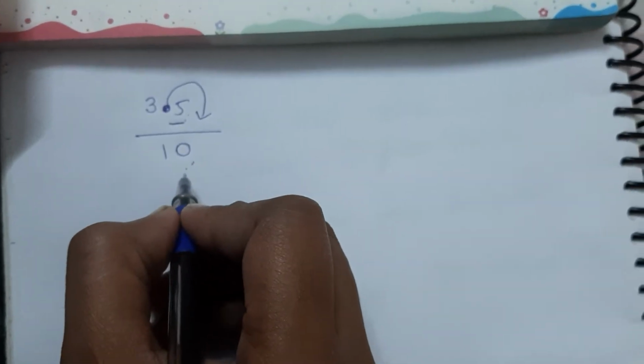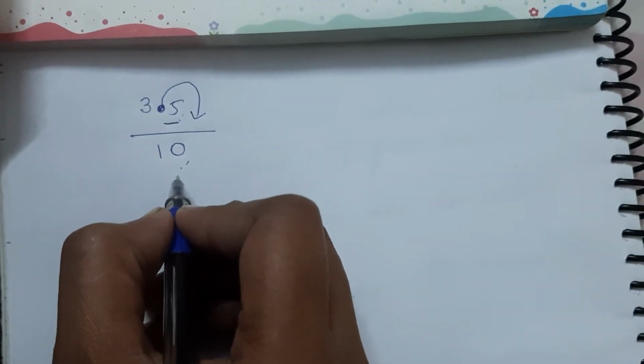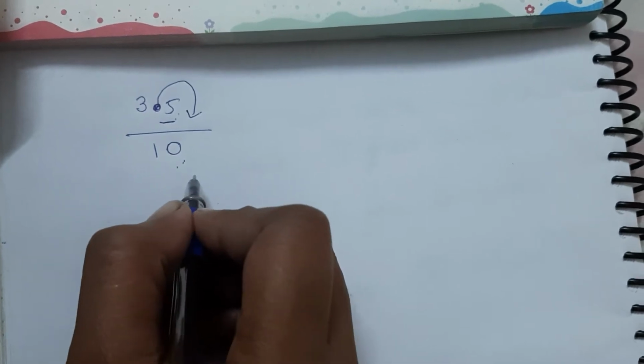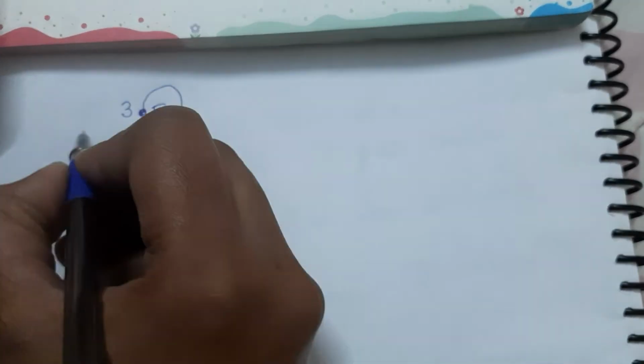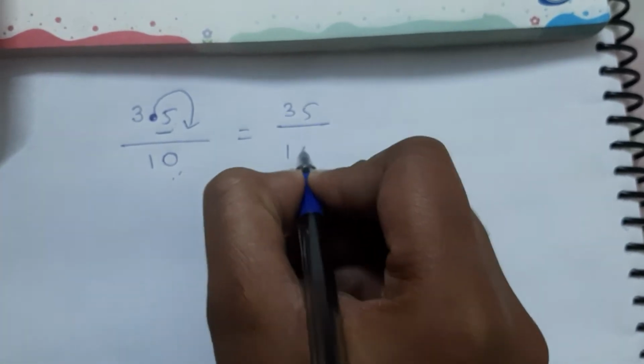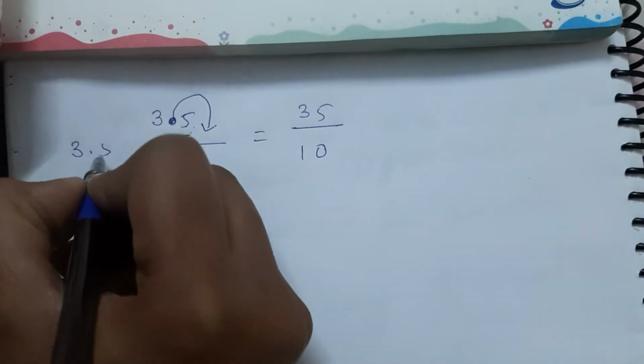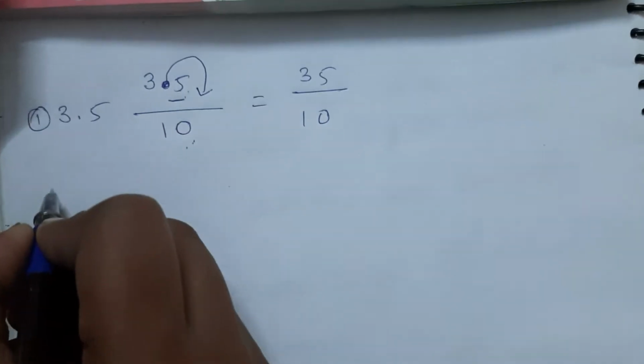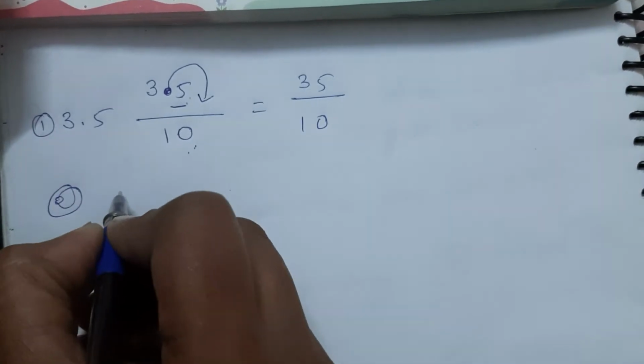In fraction, denominator always comes 10, 100, 1000, 10,000. Okay, suppose that the example is given, and then after you can write here like that 35 upon 10. This is your first question 3.5. Okay, now second question, if it is given